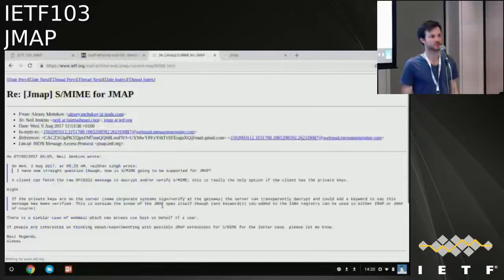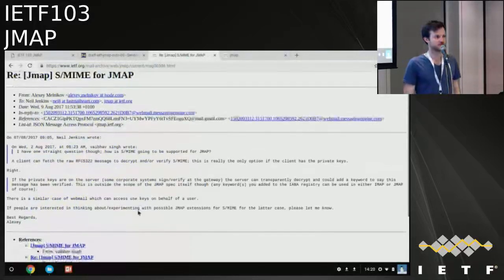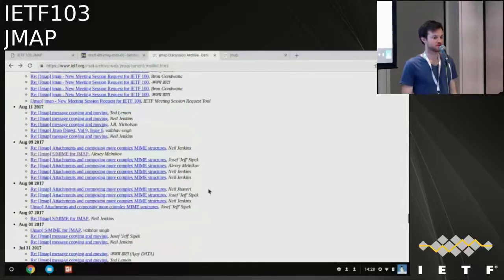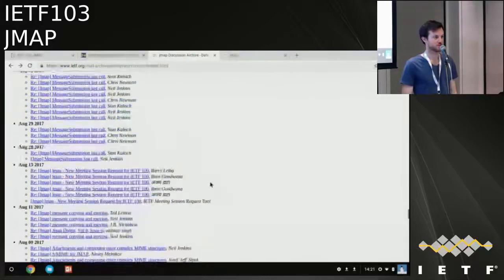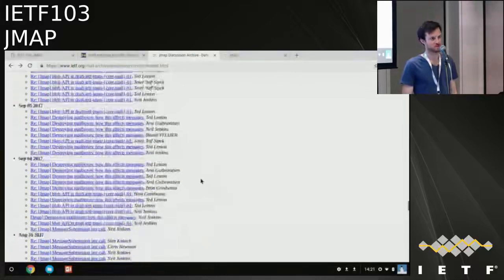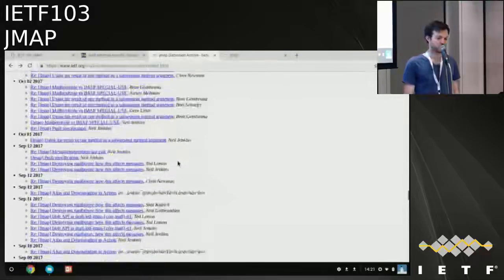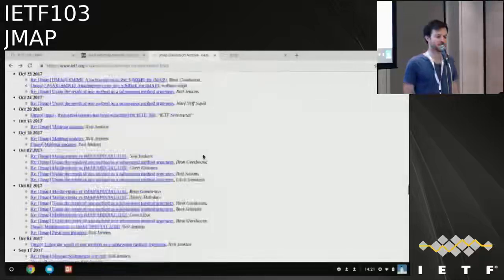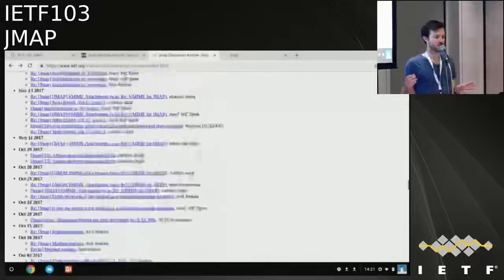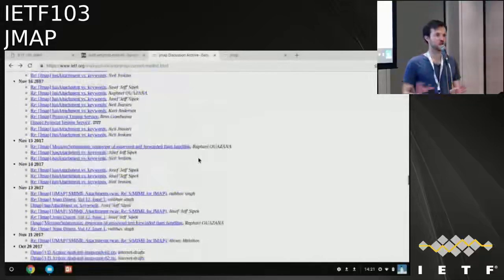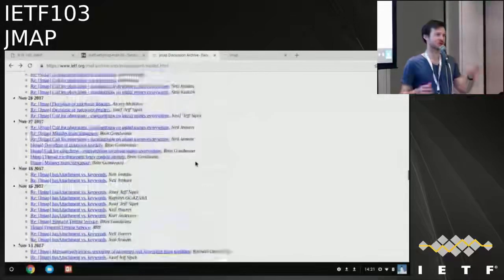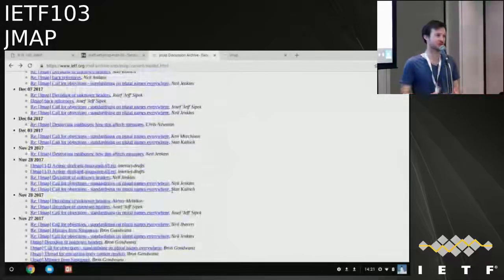But there is a question of whether we want to do more like server-assisted decryption or encryption and signing, this sort of thing. So I guess it's a question of whether you could have just a simple extension which is did it verify, and then a separate one for doing more complex stuff, or do you try and have a single one that encompasses all the different things you might want to do with SMIME?